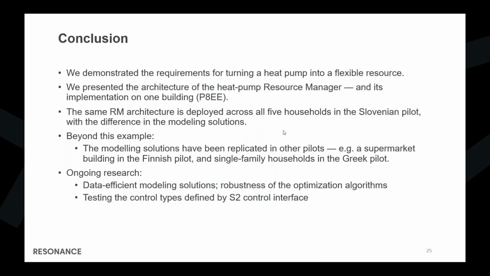Also, we're developing and testing the optimization algorithms. We deployed the MPC algorithm on 2 households this winter and tested it. It turned out that it's not an easy task to do, so we're testing the robustness of this optimization algorithm. One hard thing is that when you test something on the real system, you have to wait for the winter, and you're very limited with the time that you have for testing. And with all the communication, you have to be very lucky. You need to have good, friendly users that will allow you to run experiments on their heat pumps, etc. So that's kind of the process.